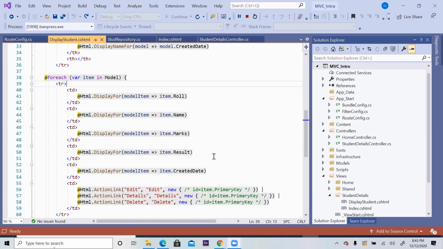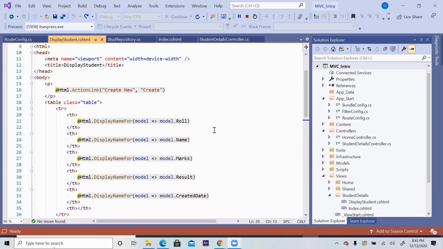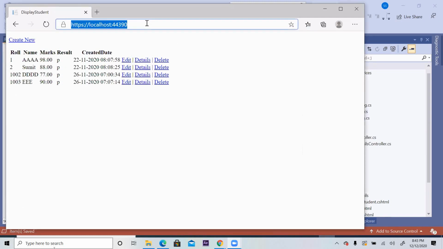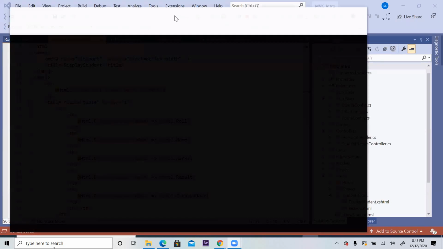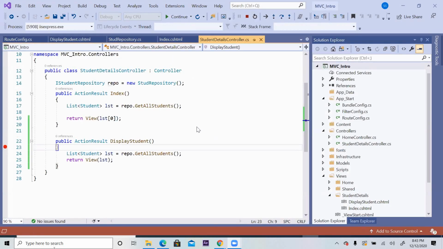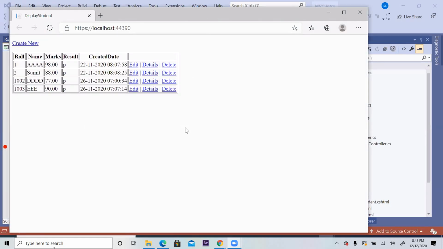Somebody says, hey, I want a background color. Why would it give you a background color? It is up to your requirement. You give it. So I want a border in the table. So I will go here and say, why don't you put a border in this table? Just refresh it. So it came with a 1 pixel border.